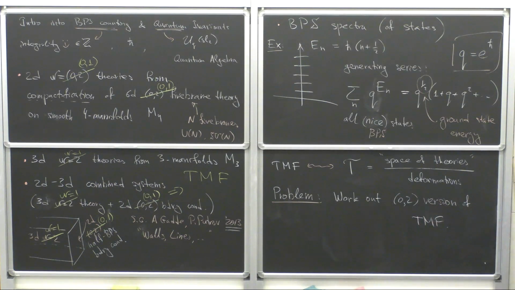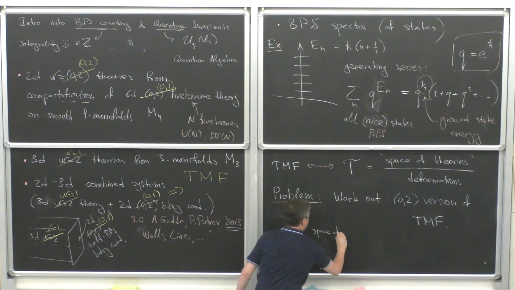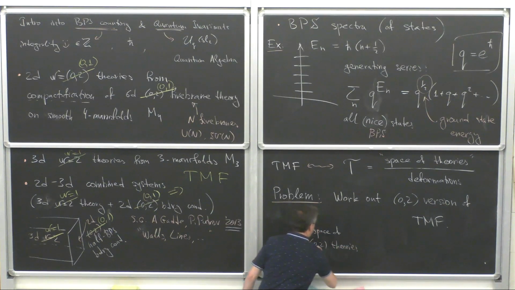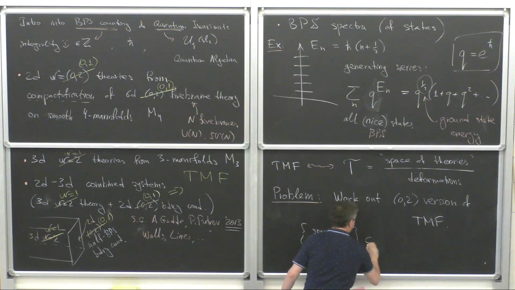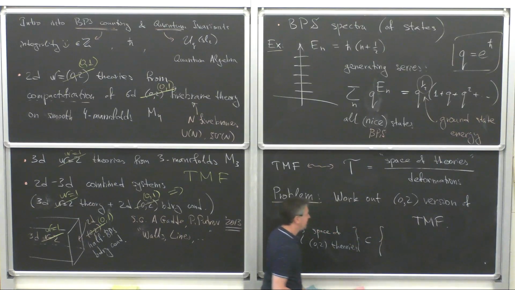So there should be an analog of a mathematically well-defined theory of topological modular forms that classifies 0-2 theories, namely what we were talking about a moment ago: two-dimensional theories with 0-2 rather than 0-1 supersymmetry, and their modular deformations. I want to point out that, of course, the space of 0-2 theories, whatever it is, again, we don't know, but we can discuss it, but whatever it is, it's clearly